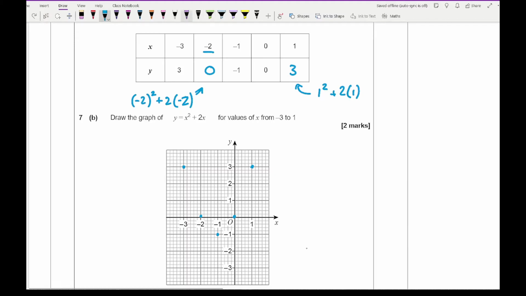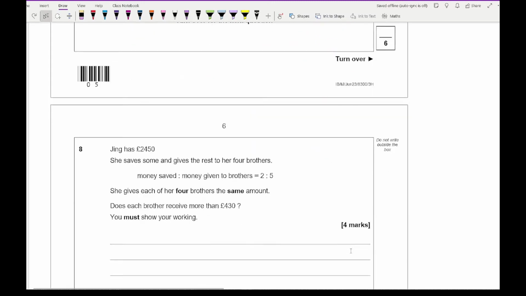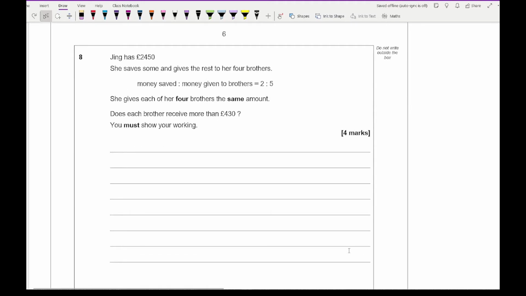Then all that's left for me to then do is just carefully draw my parabola through those points, like so, and hopefully yours will be a lot neater than what I've just drawn there. But make sure that your curve does go through those points and that it's a nice curve rather than a pointy one. Moving on to question 8, it says Ying has